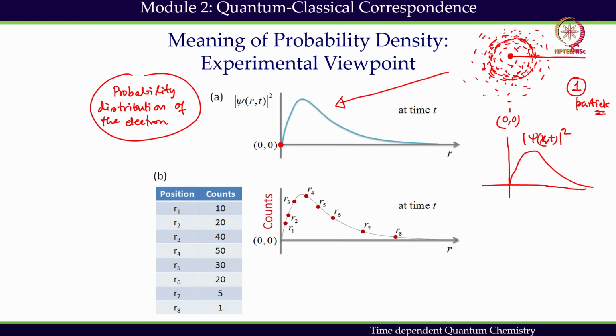Directly it means that if I perform an experiment, in one experiment I may find the particle to be present here. In a second experiment I may find the particle to be here. In a third experiment I may find the particle here. So, there is a distribution, there is a possibility you can find the particle anywhere in this, but there is a higher probability of finding the particle at this position as compared to this position. So, that is the meaning of this probability, but in terms of experimental measurement, what does